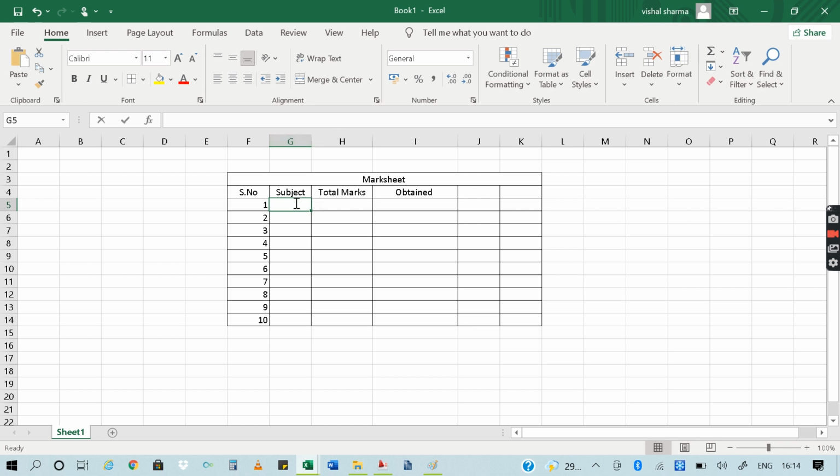Now as I am making a table for the mark sheet, there will be several subjects like maths, science, Hindi and English.